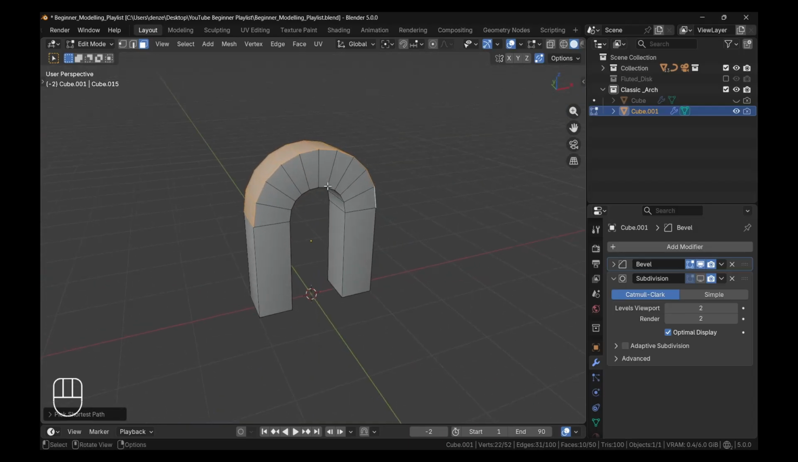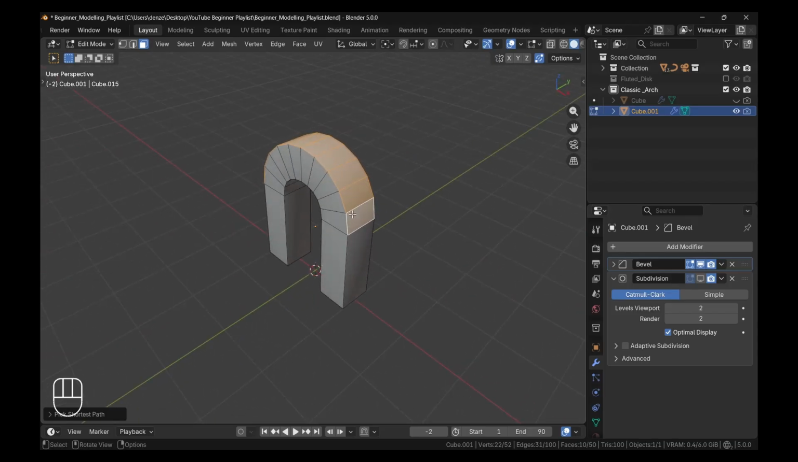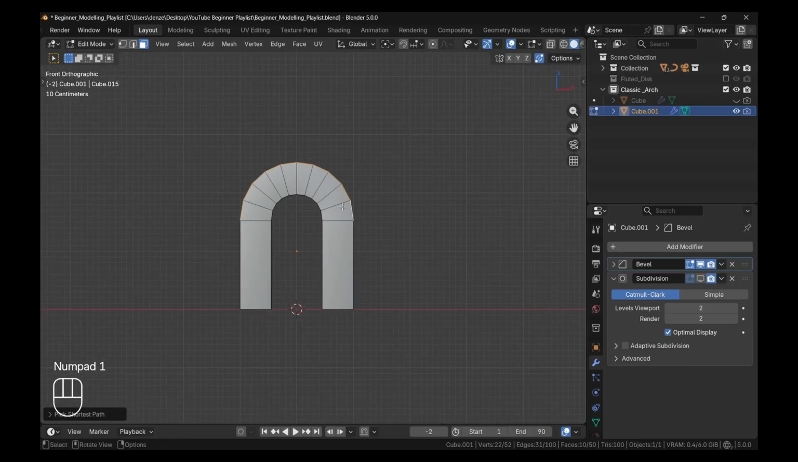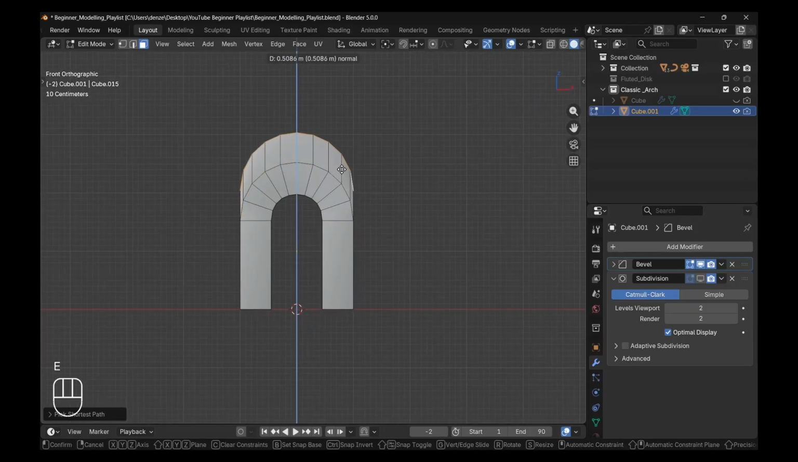What you just did there was you picked the shortest path. All right, so click that. That's a shortcut. Control, click on that. All right, and now press 1 for front view, and we're going to press E to extrude upwards and just